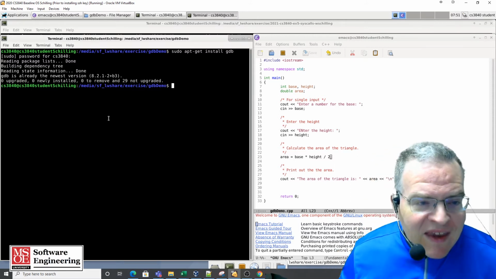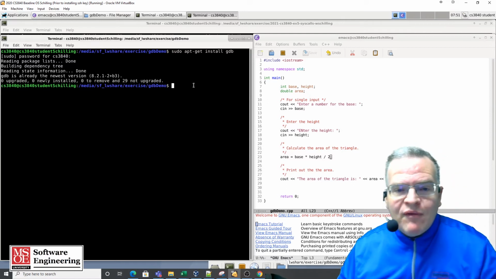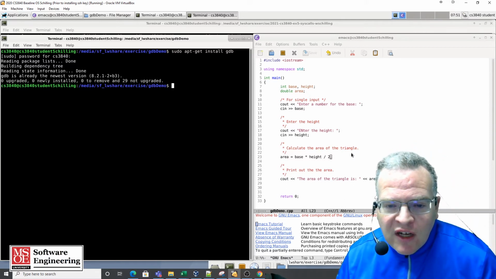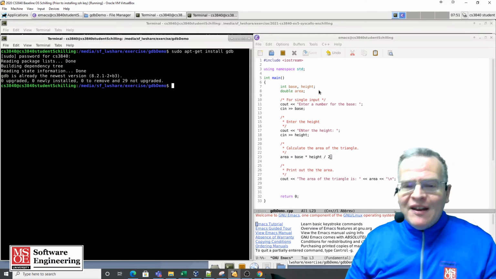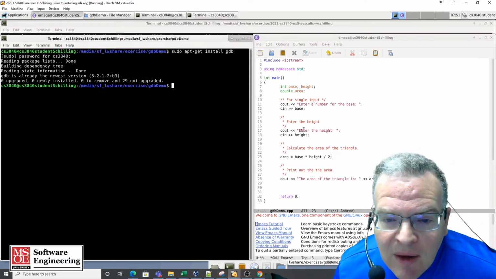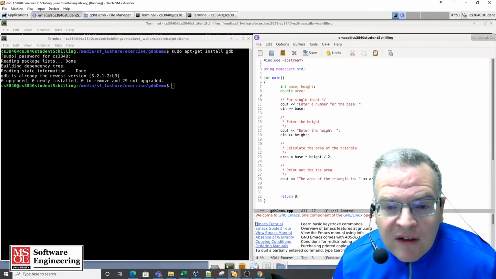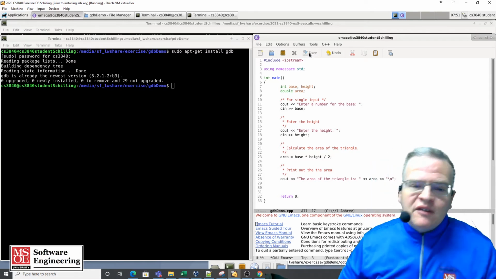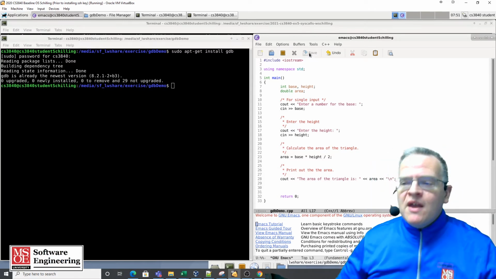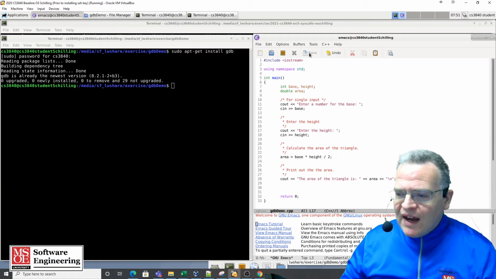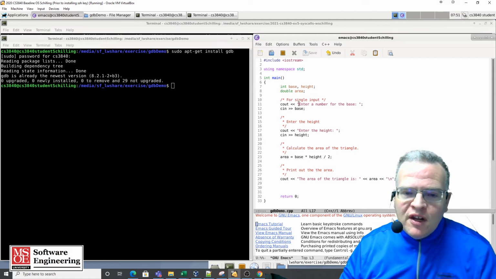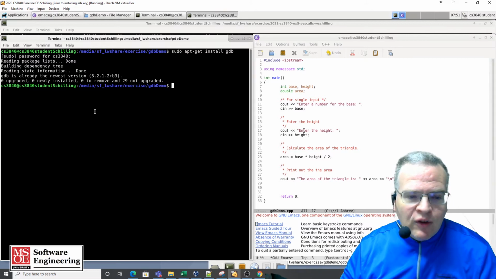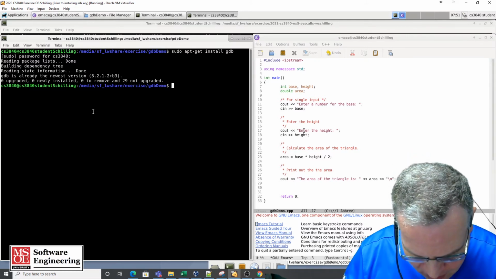Okay, so now that I have this, I have a piece of code over here on the right that has a bug in it. What it does is it calculates the area of a triangle. The intent is something simple that we can step through. We're reading the base, we're reading the height, calculating the area, and printing out the result to the console. In my makefile,